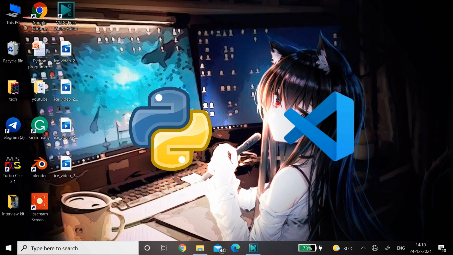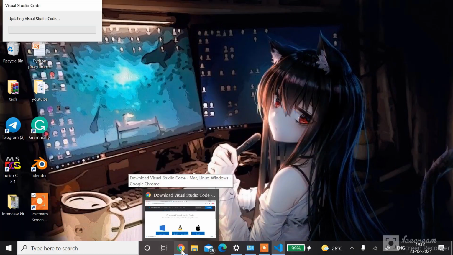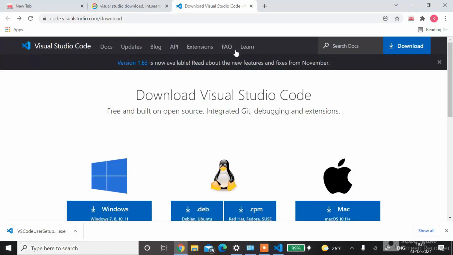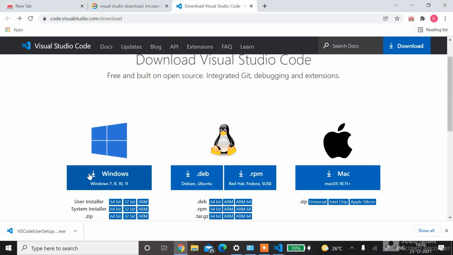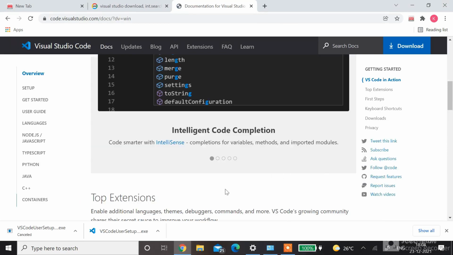Okay, let's install Visual Studio now. Go to your favorite web browser. I'm opening Chrome. I have given this link below in the description box. I'm using Windows, so download from here. It redirects to this page. It will start to download automatically. After the download is complete, click the arrow mark and open,